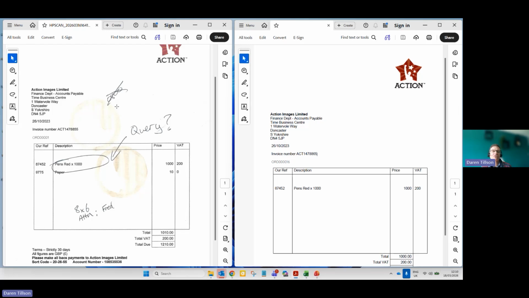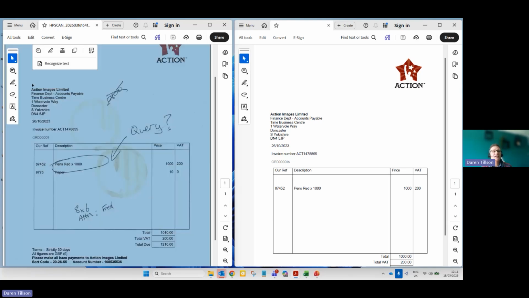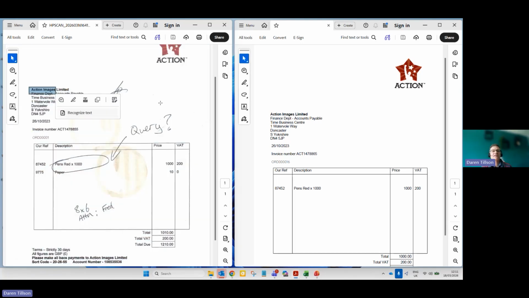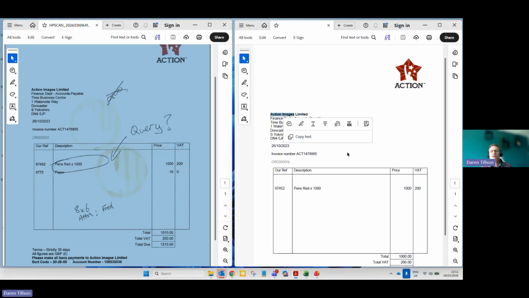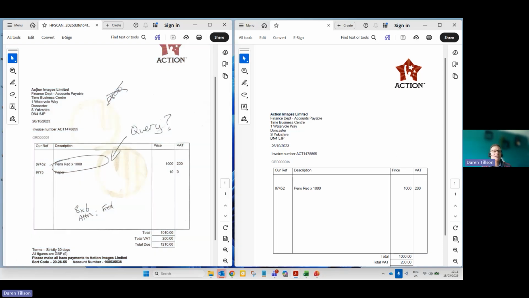However, if we look across on the left-hand side, because this is a scan, and as you can see, it's got some coffee cup stains on there, some scribbles. The system's not going to be able to easily read all of these. And in fact, if I hover over the text, you can see it's not picking up the text the same way as it did on my smart PDF. It's because this is an unintelligent PDF. And so what it's going to have to do, because this has been scanned in,